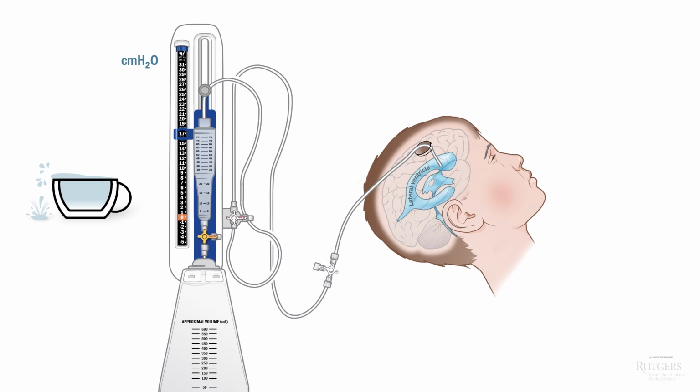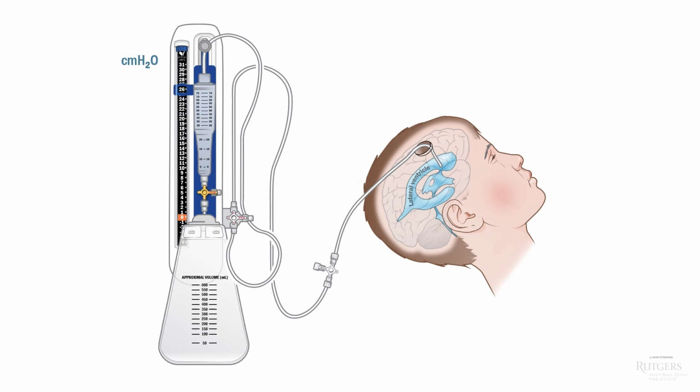Again, because of how physics works, we can just treat the whole tubing system like a very skinny, oddly shaped cup, like a silly straw. It doesn't matter how many twists and turns and ups and downs the path takes. The only thing that matters is the level at which it opens to air. Other than that, the drip chamber just has some markings to allow us to measure how much CSF has collected. And there is another stopcock to allow us to empty it into a collection bag for disposal to prevent it from getting too full.